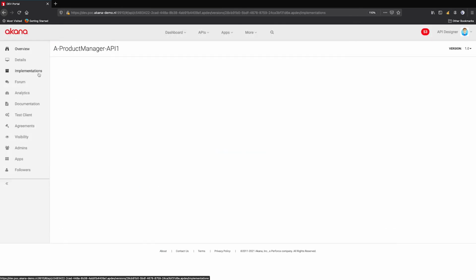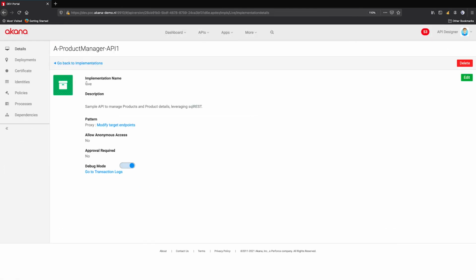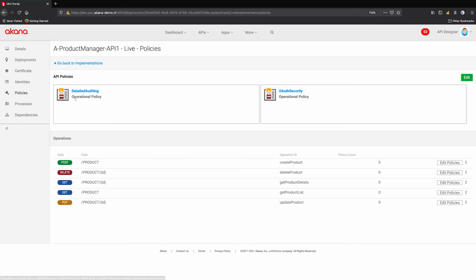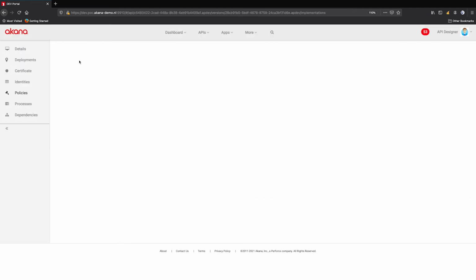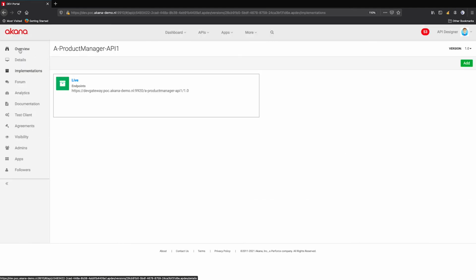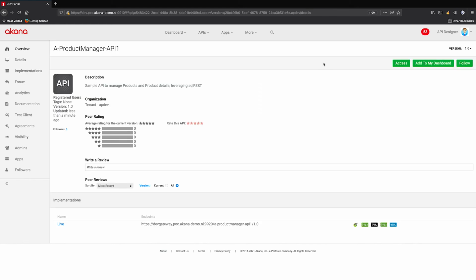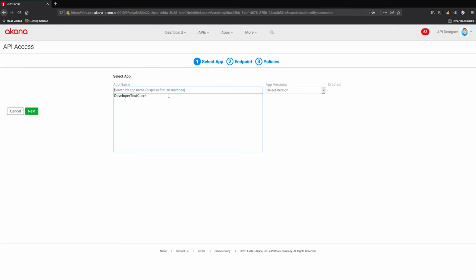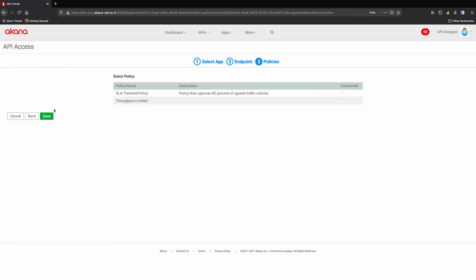Again, if you look at the implementations, you will of course see that the policies are in place because that metadata value was also provided as part of the automation script. Now, the proof of the pudding obviously is in eating it, so let's see what actually happens when we try to call this API. Because we request access now to be subject to OAuth validation. So in order to access it, I will need to connect this API to an application. I've already created an app, so let's select that app, hit next, next, and save.